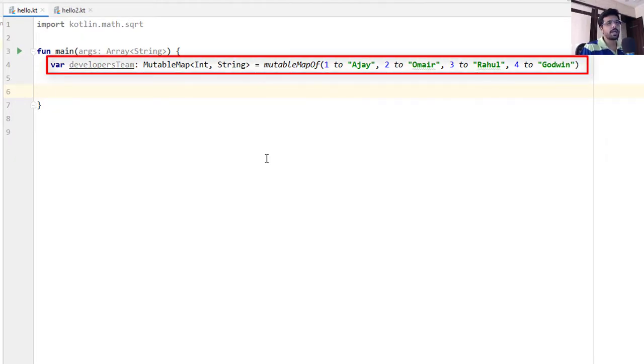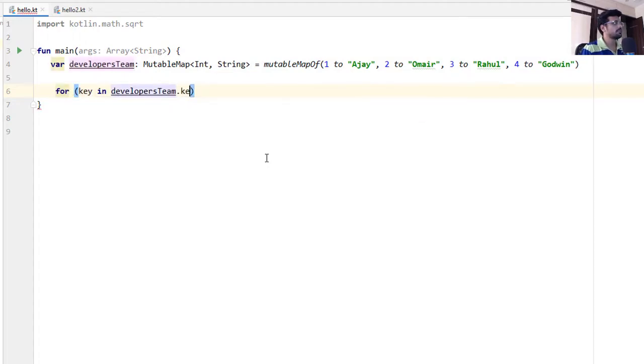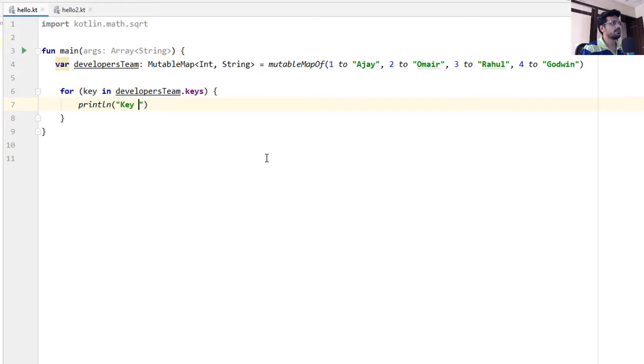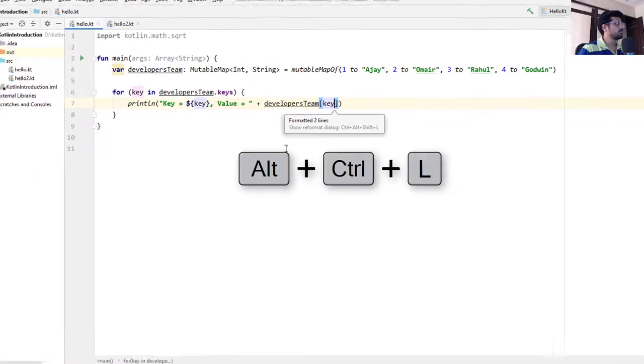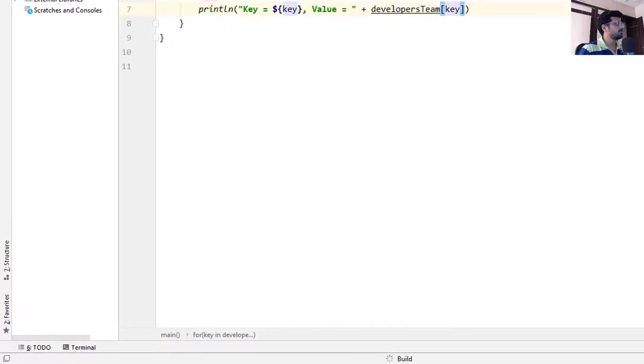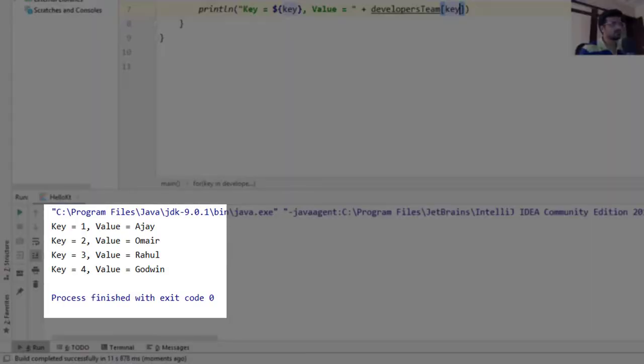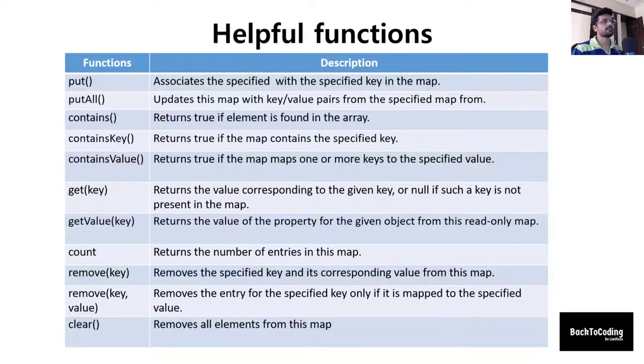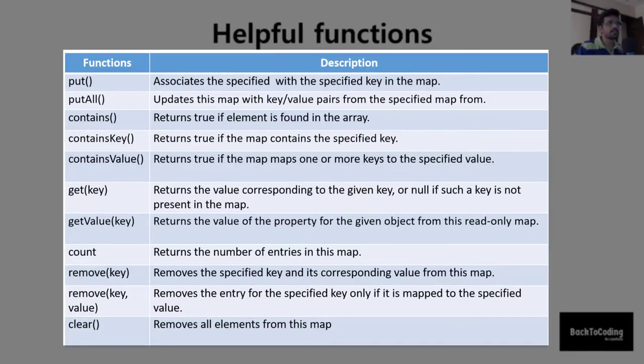Now let's print our mutable map. Here are some of the functions available in the mutable map interface. Let's see them one by one.